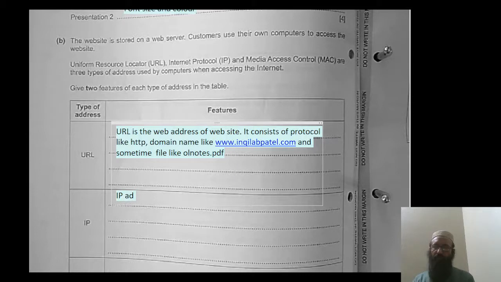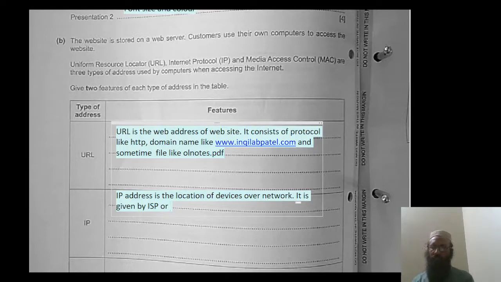IP address is the location of devices over internet, over network. It is given by ISP or web hosting company। वो है ना, आपकी वेबसाइट है तो इसलिए वेब होस्टिंग कंपनी देगी। राइट बेटा, और राउटर।